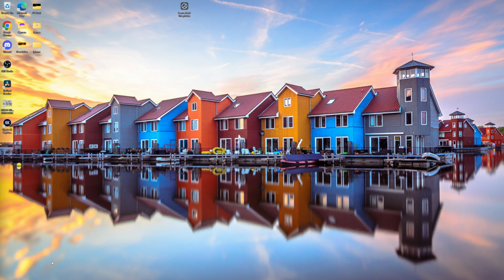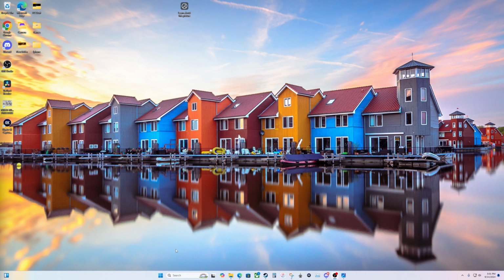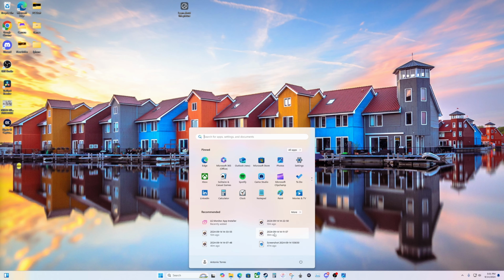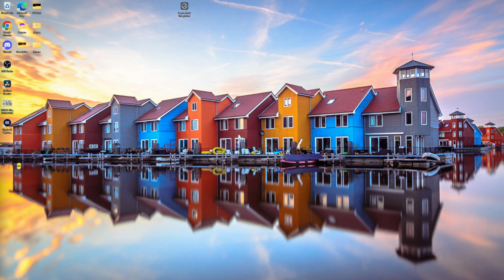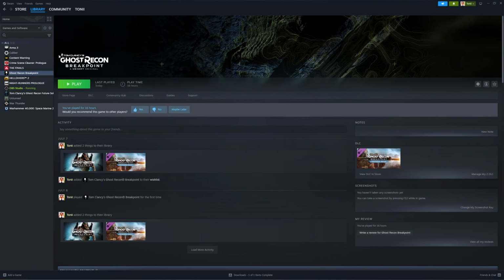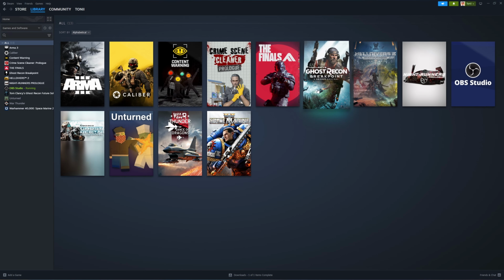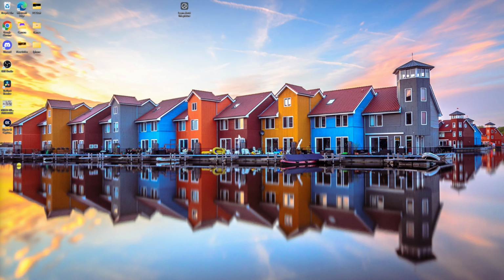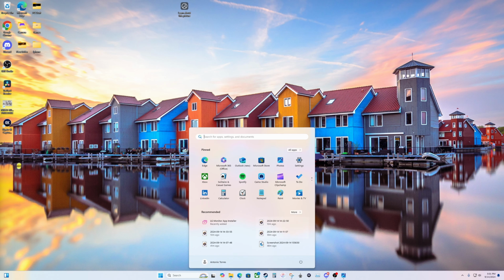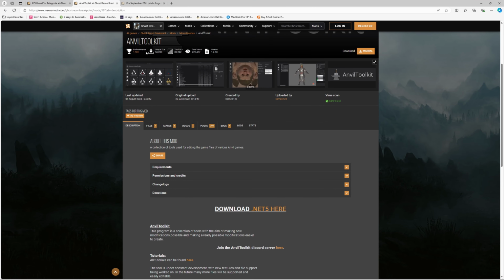Alright, so today we're going to do the mod install for Breakpoint. First things first, obviously, you're going to need Breakpoint. Once you have Breakpoint, we are closer to the next step. After that, you're going to have to go to